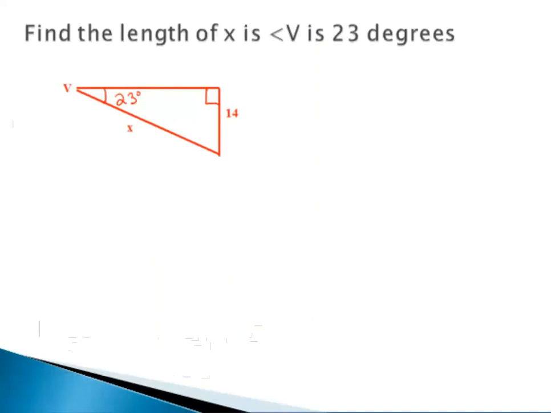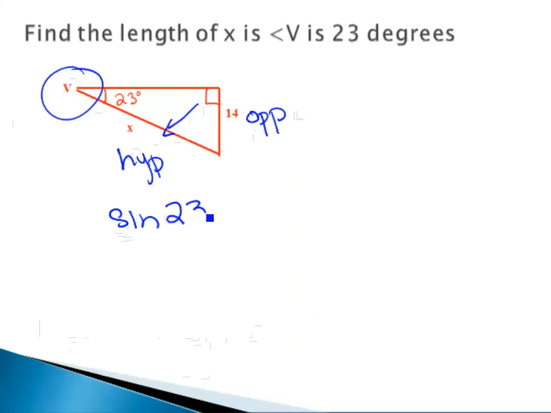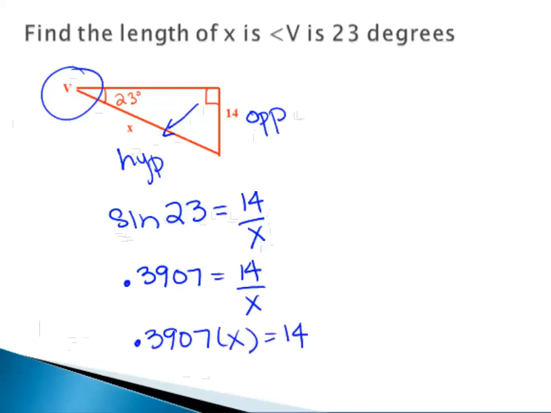We want to find the length of x. So again, from angle V, the side that's known, this is the hypotenuse, as it's across from the right angle. 14 is the opposite side. Opposite and hypotenuse is sine. So sine of 23 equals 14 over x. Using your calculator or table, sine of 23 is 0.3907. So that equals 14 over x. Now let's solve using proportion. 0.3907 times x equals 14. Divide both sides by 0.3907. So x